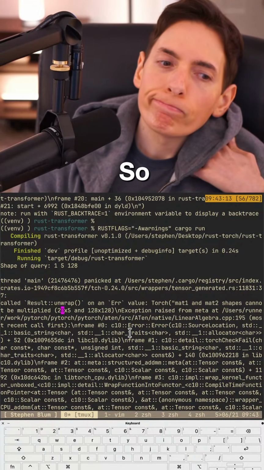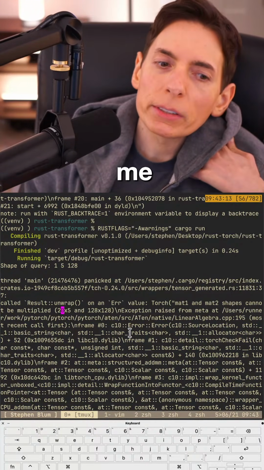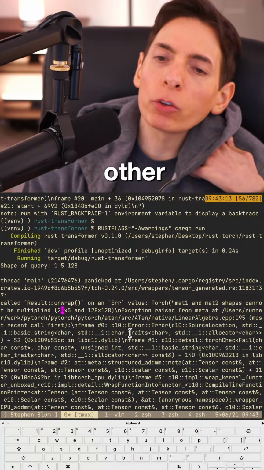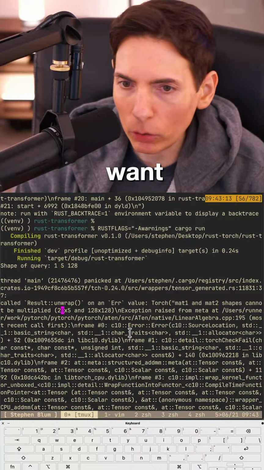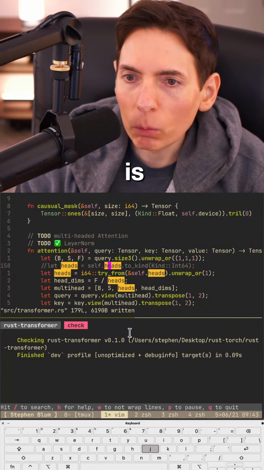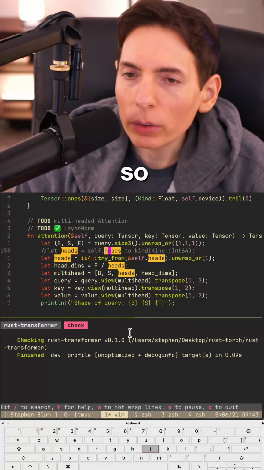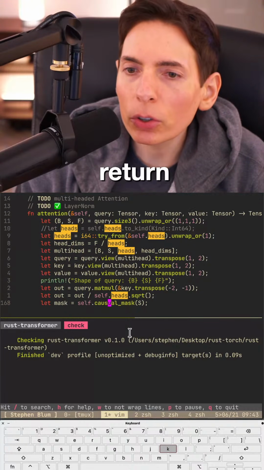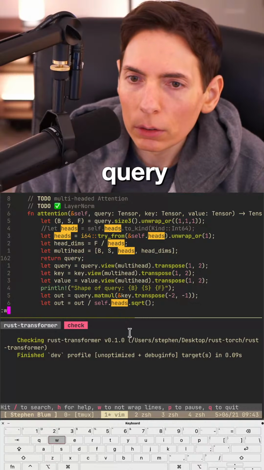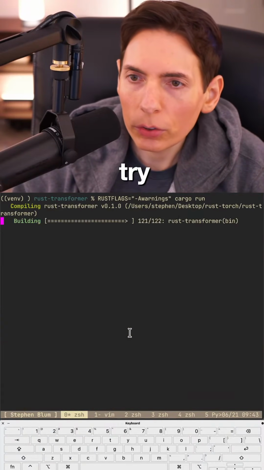So, let me think about that. Because otherwise we'd have low rank matrices, and we don't want low rank matrices. We need to see where this is occurring. So let me see if I can just simply return. Here, let's do return query. Let's try this again.